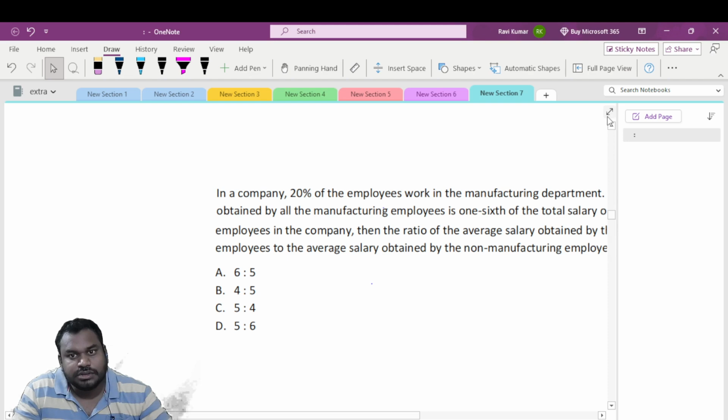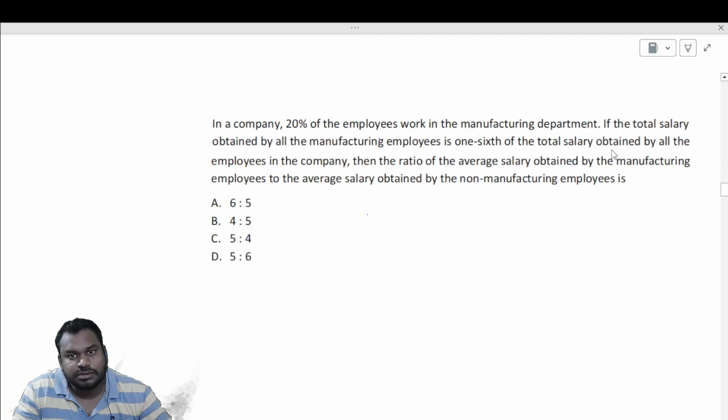Next question. In a company, 20% of the employees work in the manufacturing department. The total salary obtained by all the manufacturing employees is 1/6 of the total salary obtained by all the employees in the company. And the ratio of the average salary obtained by the manufacturing employees to the average salary obtained by the